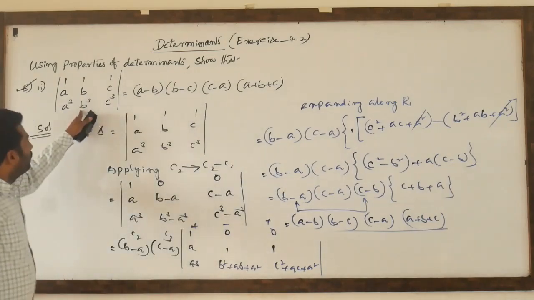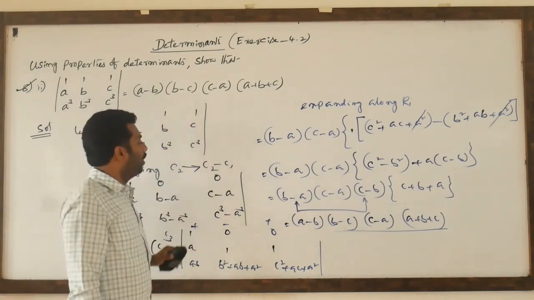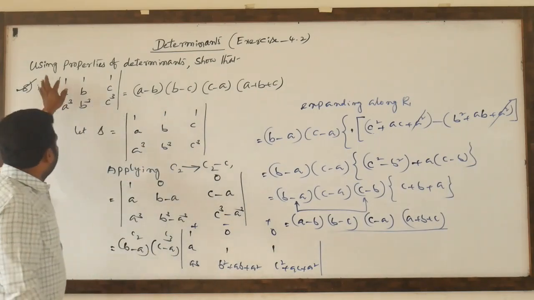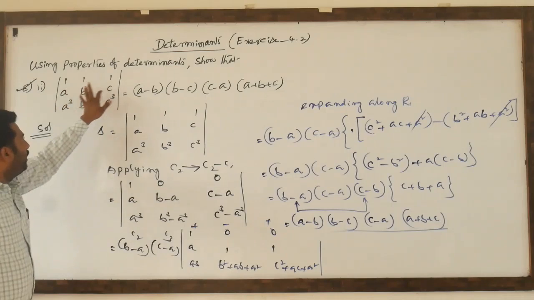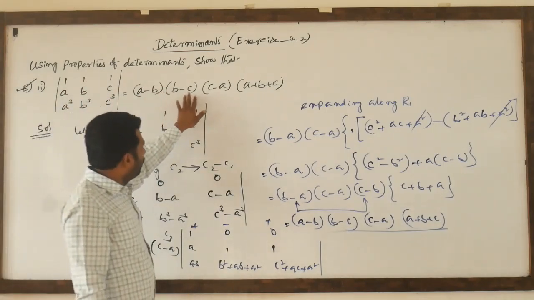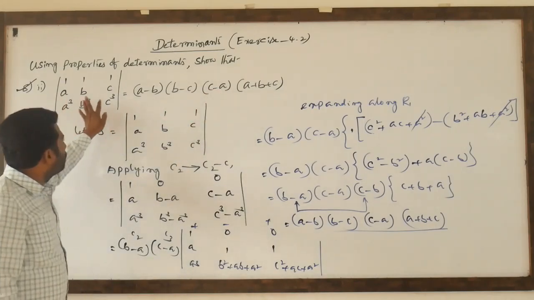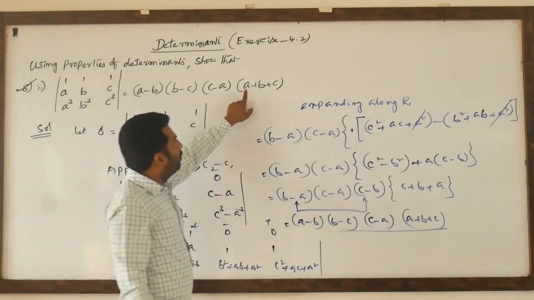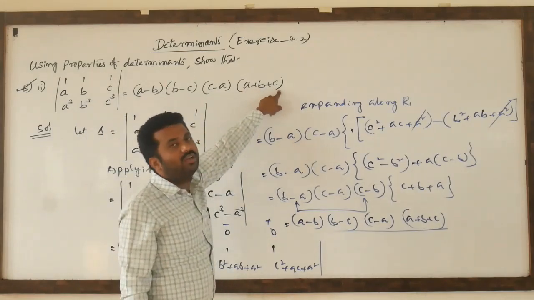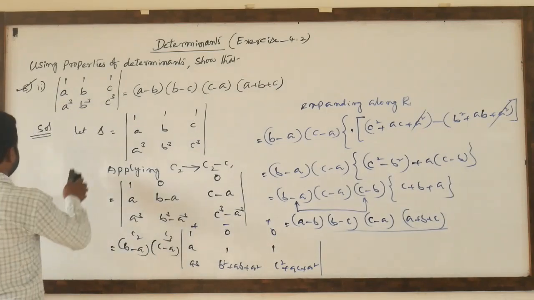So this determinant equal to, we can do like this. This is the most important result. So only 1, A, B, C, A square, B square, C square is there, that is (A minus B)(B minus C)(C minus A) only. Suppose A cube, B cube, C cube is there, the extra what we will get is A plus B plus C will come. So that point we have to remember.